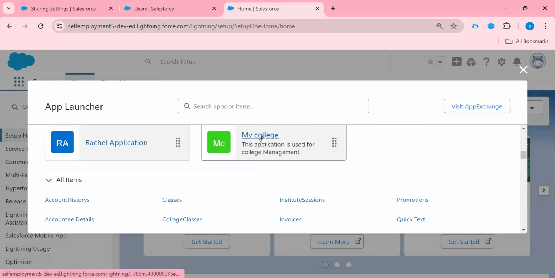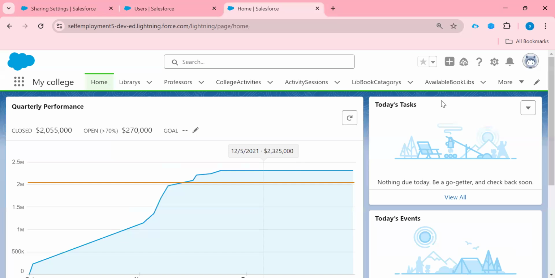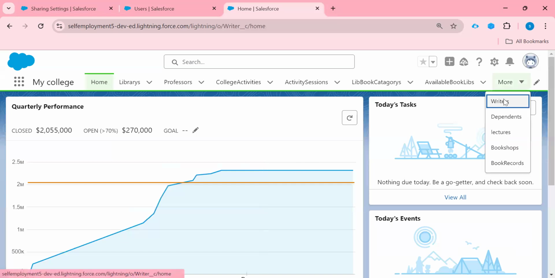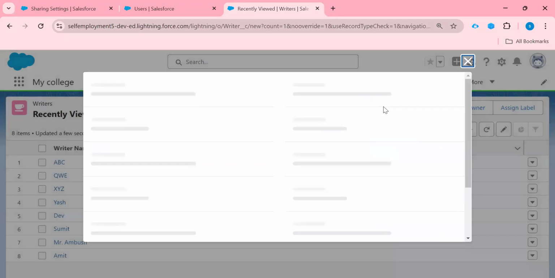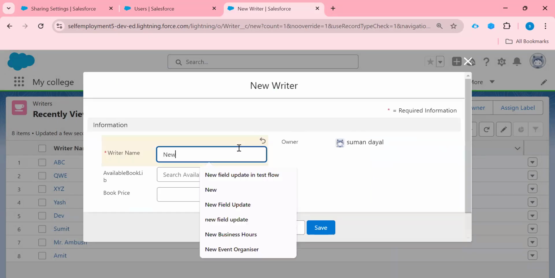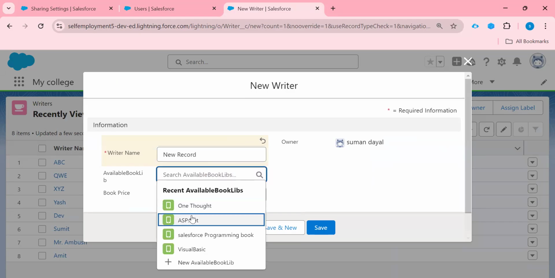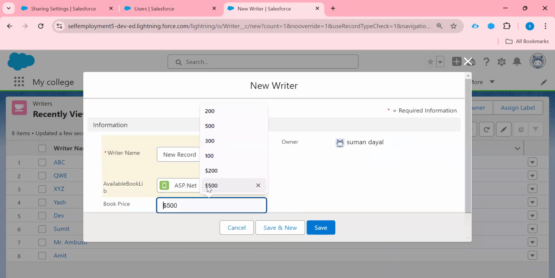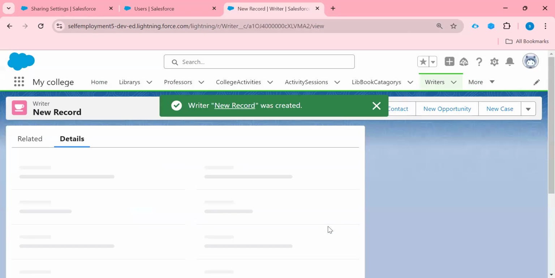So this is my application, and from here I'm going to create a new record. Here I am just giving the name new record, so I can identify this record. I can select the book price and click on the save button.